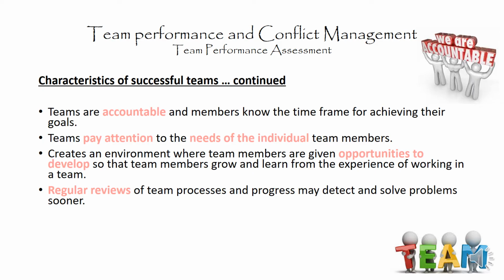When we do the evaluation, we do reviews, we look at what has been done so far, how close are we to reaching our objective, how much progress have we made, so that if there is a problem, we can pick it up and rectify it sooner rather than later. If we do not do these regular reviews, we are going to come to the end of our deadline and we will find that we are not reaching our objective because there was a problem that nobody picked up and that wasn't dealt with. So if we do regular reviews, obviously we can detect any mishaps that happened along the way, and we can fix it before it becomes a bigger problem.